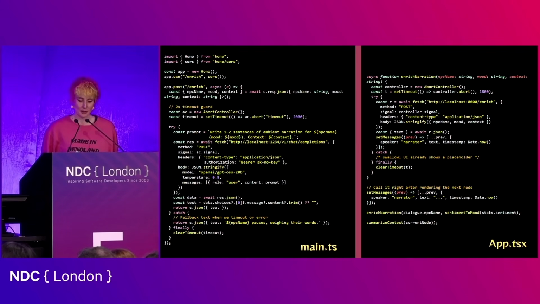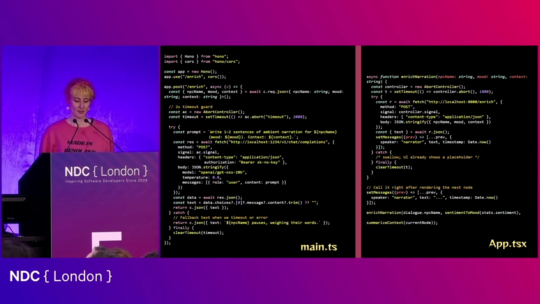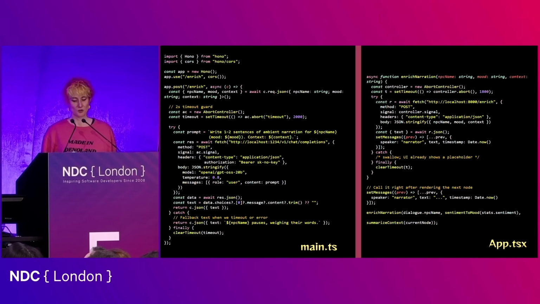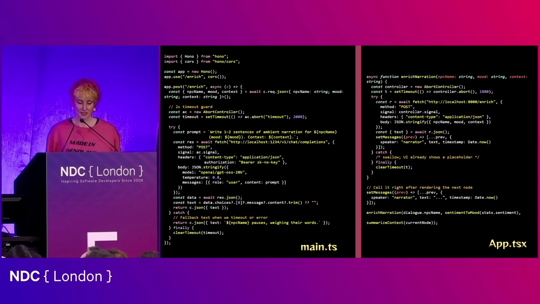So just for illustrative purposes, this is a tiny little Hono app. It's asking the local LLM for one or two lines of ambient narration with a hard 2-second timeout and a safe fallback. So this little endpoint is kind of like a safety-first version of real-time generation. The client is going to post a tiny payload, like an NPC name, their current mood, and a bit of context, and then the server is going to call the local LM Studio API.